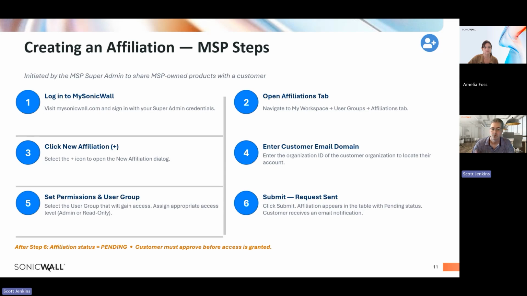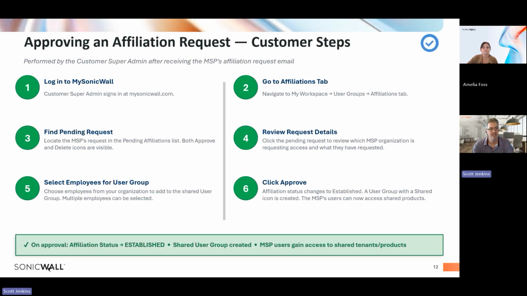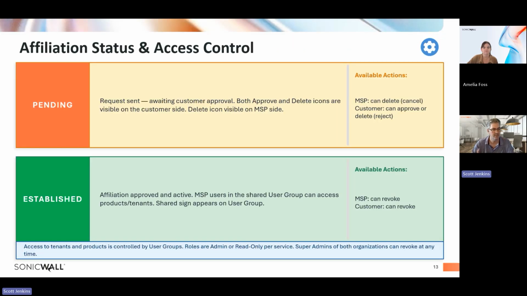Once that request is sent, we get it to pending. Now everything is approved and we've established it. That shared group is there, and you can view it. It has permissions to that one tenant for the purposes of administration. This allows you to apply licensing and monitoring and alerts. Just to review that: